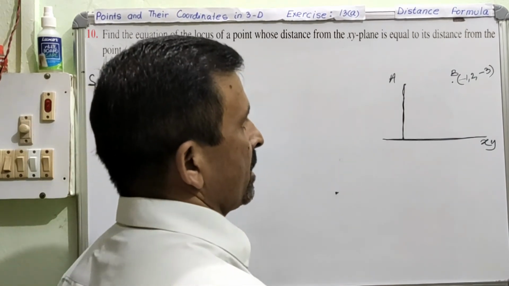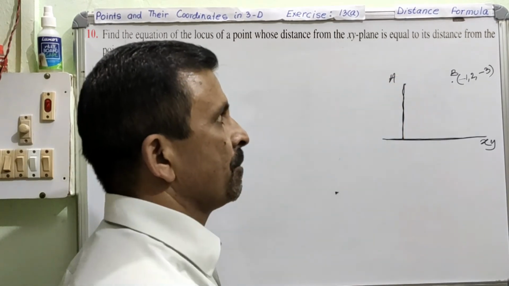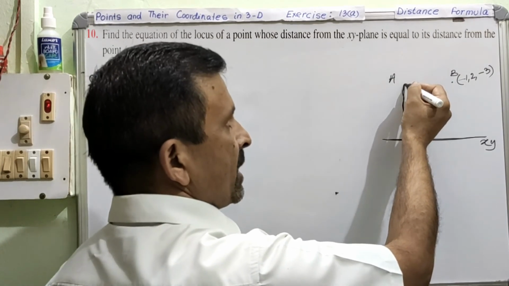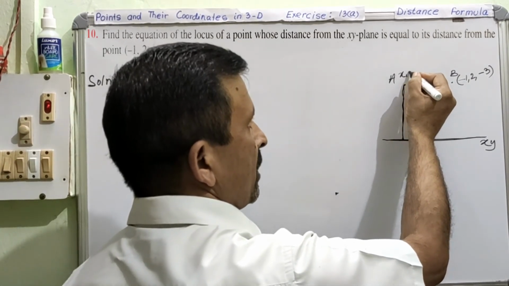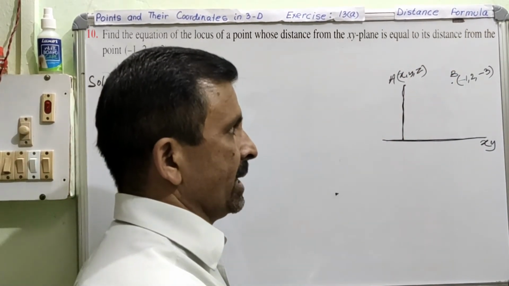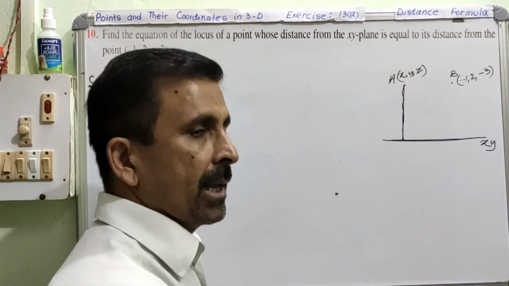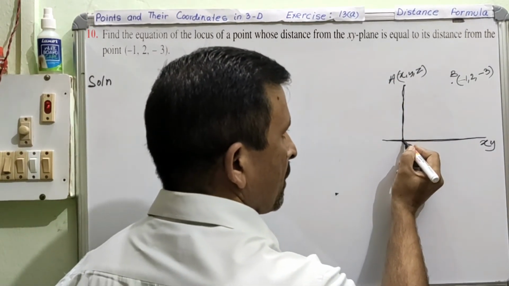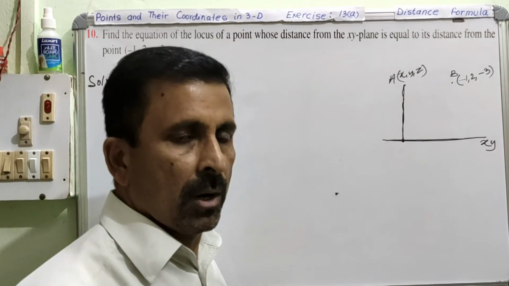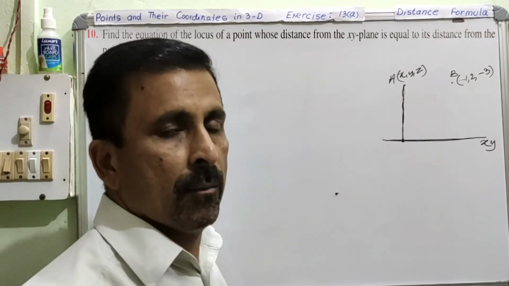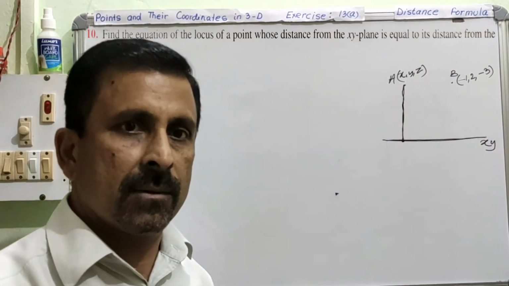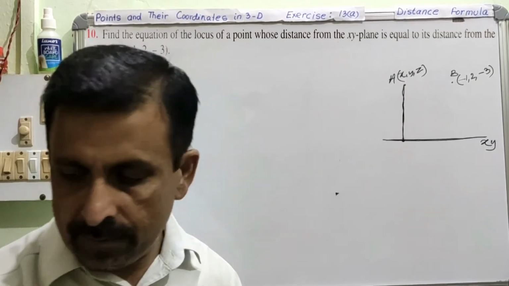So now we are trying to write the coordinates of this point. You have to find the locus of this point, so let us assume the coordinates of this point A are X, Y and Z, because we have to find the locus of this point only. You need the coordinates of the point only, then you will be able to write the locus. In all the questions you have seen, whenever the question was to find the locus, you have always got 3 coordinates.